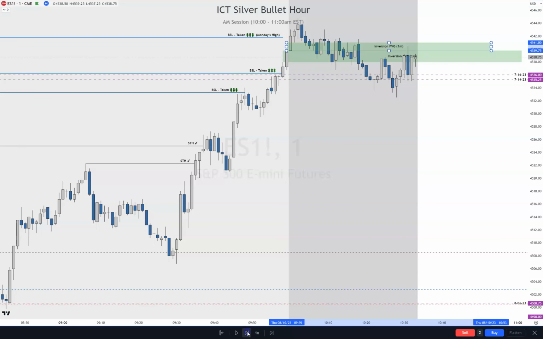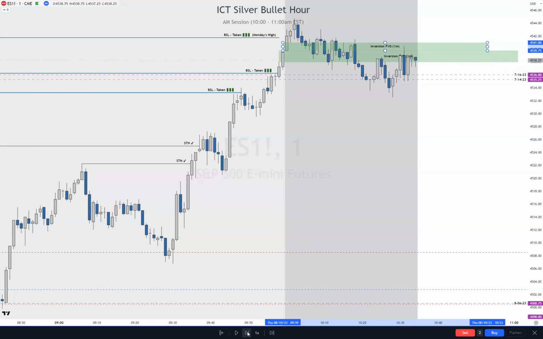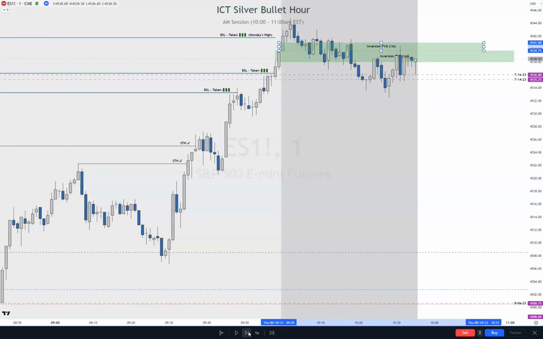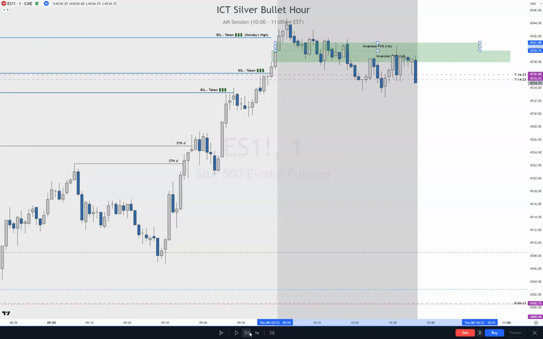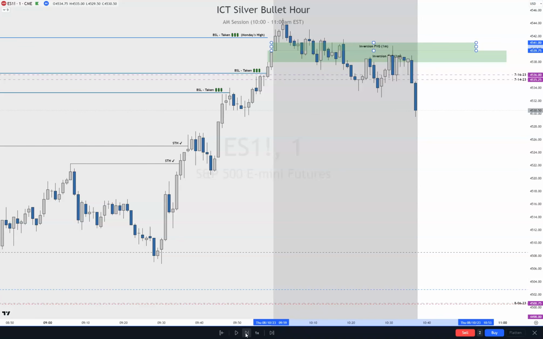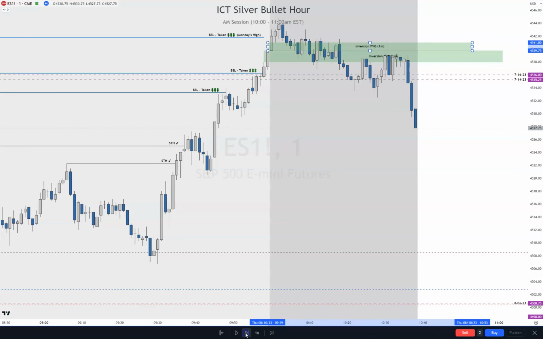You can take a trade here if it's part of your rules. Mine, this is clearly holding price, so you would be perfectly fine taking a sell here. Just telling you that I'm going to trade at my rules. All right, so that one definitely took that market structure shift down.